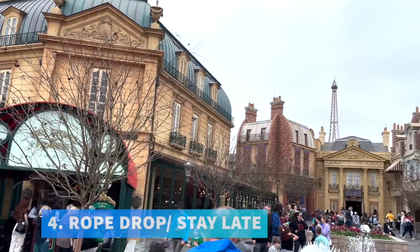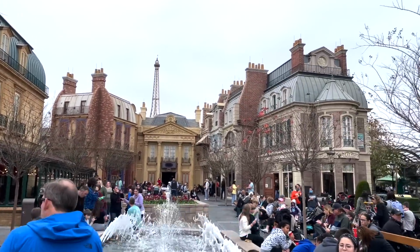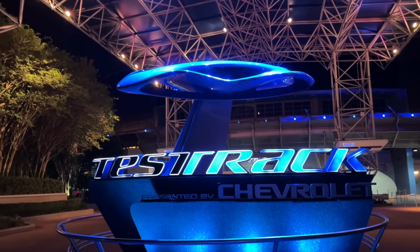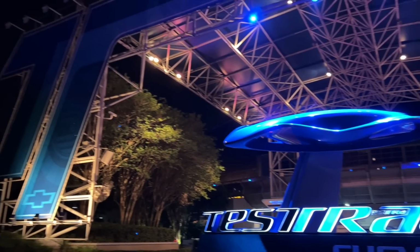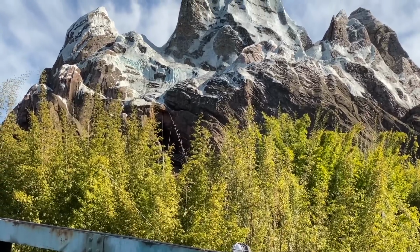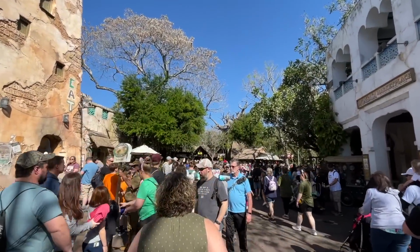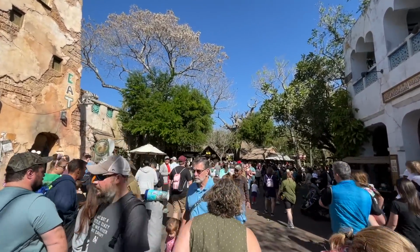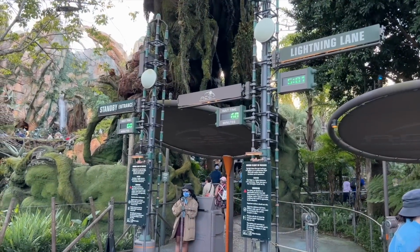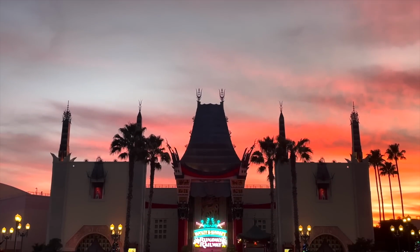And you can rope drop or stay late. Even if you're not planning on using early theme park entry or extended evening hours, it's still a good idea to get to the parks by rope drop and/or to linger in the parks as they start wrapping up for the day. Rope dropping will still allow you to experience the parks and rides before they start filling up with people, so many people, and you can either get in line for that one really popular ride before it hits its peak wait times for the day, or you can hit up multiple smaller rides that'll still be practically walk-ons around then. And around the end of the day, families will start taking their kids back to the hotels